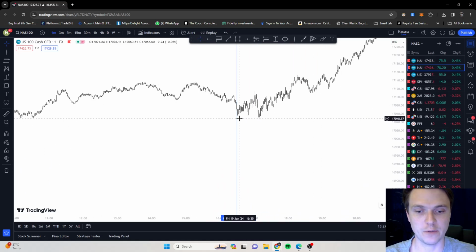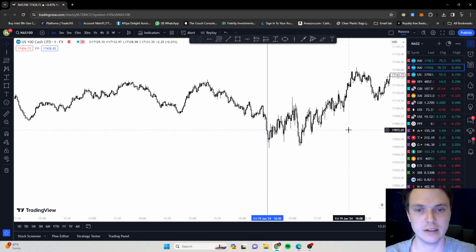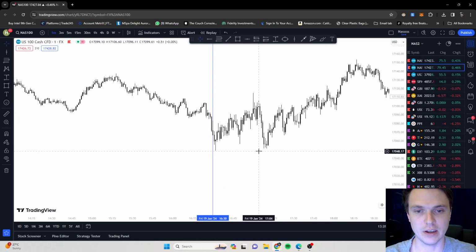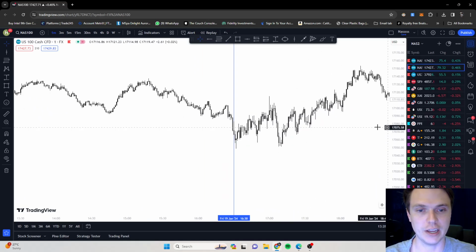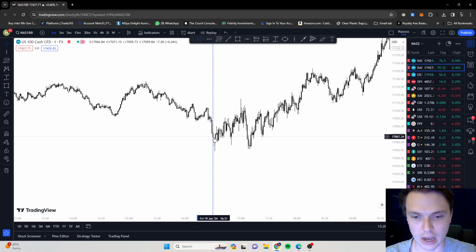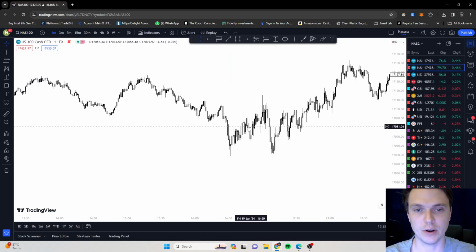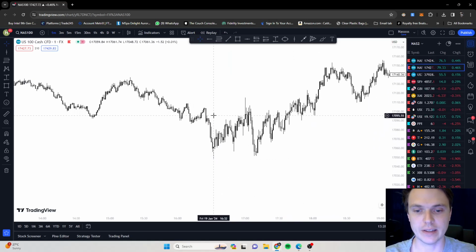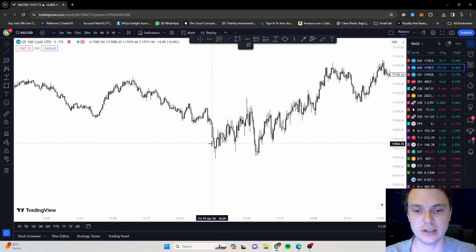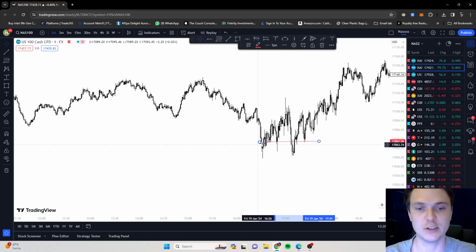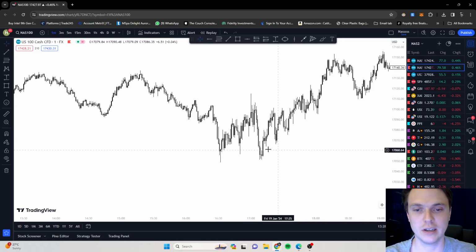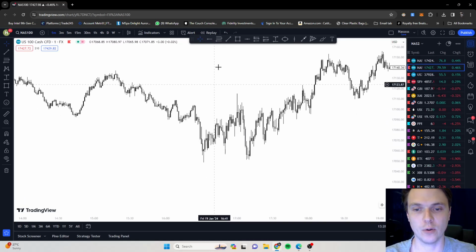Alright, so this was on Friday the 19th of Jan, and as we can see over here guys, it literally went down. So let's quickly check. Let me just quickly remove this blue line to not confuse anyone over here. So NASDAQ went down. There was no low made over here. Sometimes you can technically just take the low of the candle right after that, but that is not a sufficient low for me. There's no historical data in this low before this, so I'm gonna just literally wait for a low to form